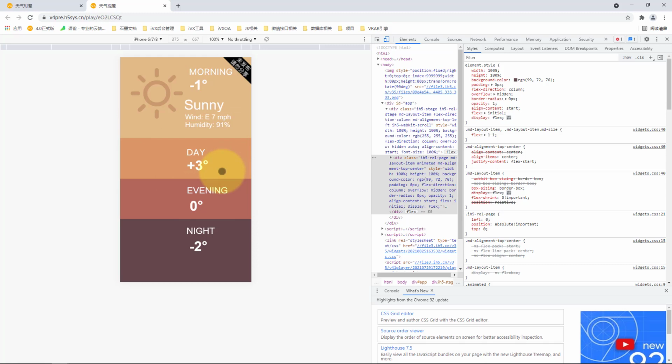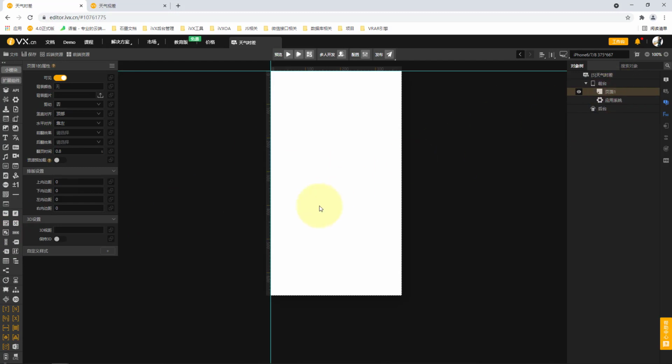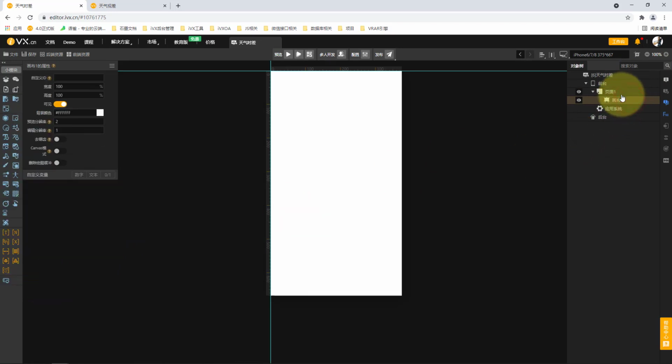So first of all, we should finish the most basic UI building. Let's switch back to our weather parallax case. First of all, in order to prevent our widget from running naked under the front end, what should we do? Yes, first add a page, and then what do we want to add under our page? In the last lesson, I mentioned that in order to have a better experience of our animation effect, we usually make a production in what environment? Yes, it is our canvas environment, so we select our page and click canvas, so we add a canvas